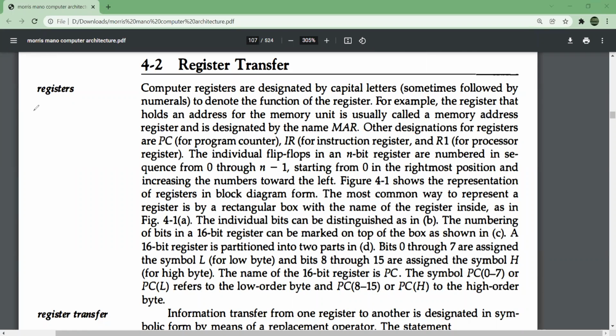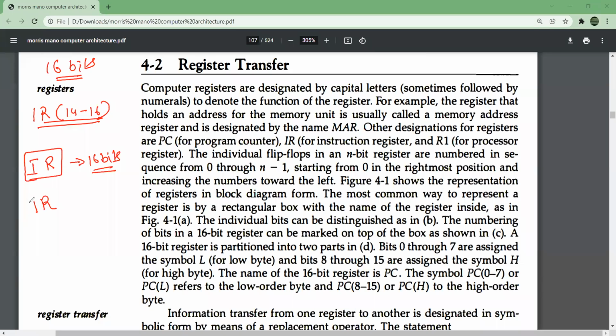For example, if I say that the instruction register is of 16 bits, then if we say that the first 3 bits or last 3 bits specify some information, we can write it in this way. जब मैं सिंपली कहता हूं इंस्ट्रक्शन रजिस्टर, तो इसका मतलब क्या है? I am talking about all the information stored in all 16 bits together. लेकिन जब मैं कहता हूं इंस्ट्रक्शन रजिस्टर